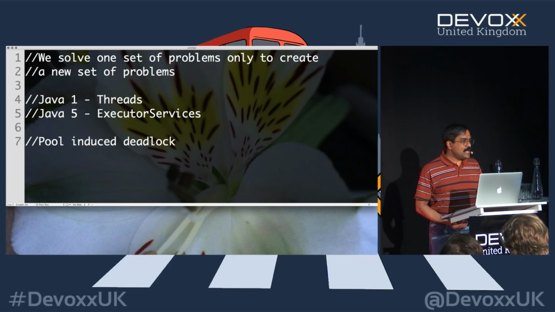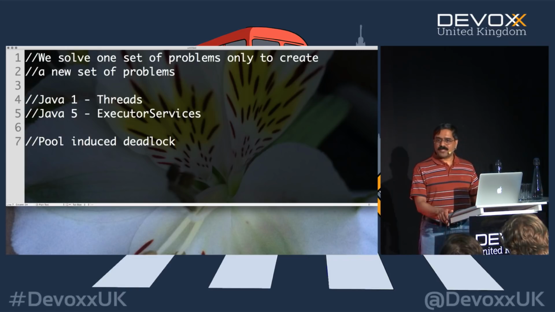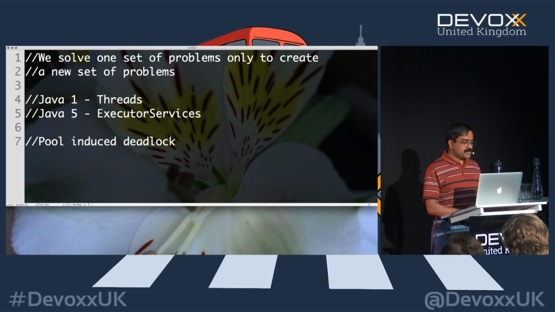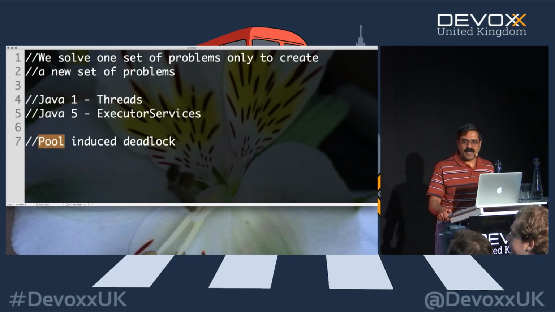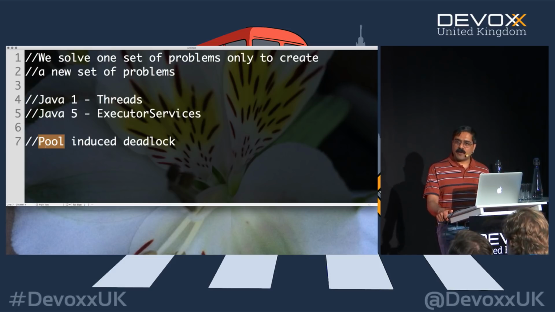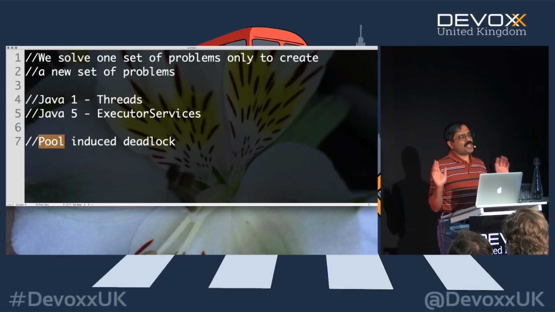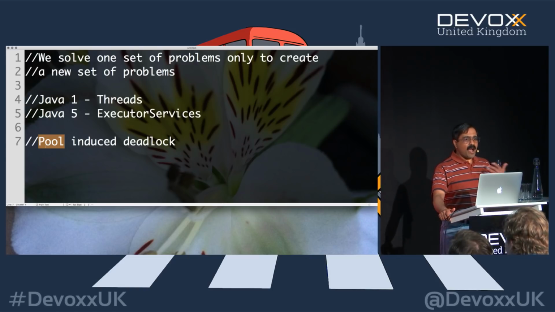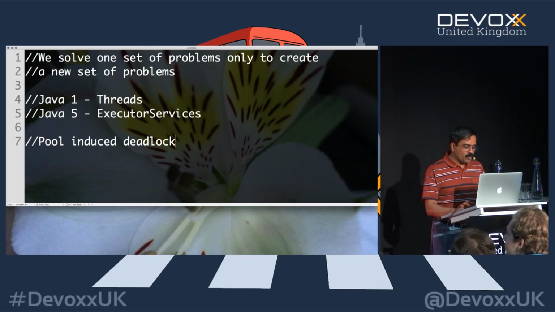This can be really annoying because the problem is not induced by you. Your code doesn't have a deadlock. It is the way the pool was implemented that causes the deadlock. In other words, there are threads that divide the problem and take a break waiting for some other thread to do the work, kind of like the corporate world, isn't it? Somebody says, my job here is done. I just sent it to them and I'm waiting for them to finish, right? Well, obviously that's not going to be a fun way to do it.